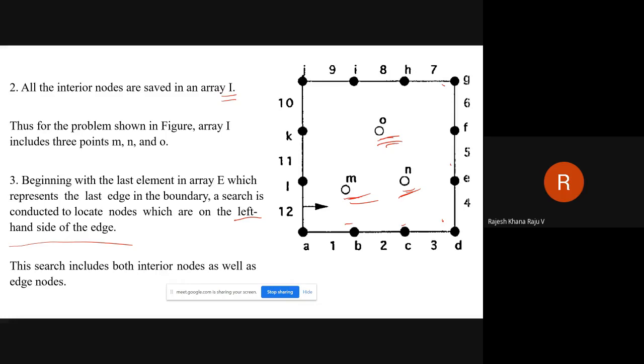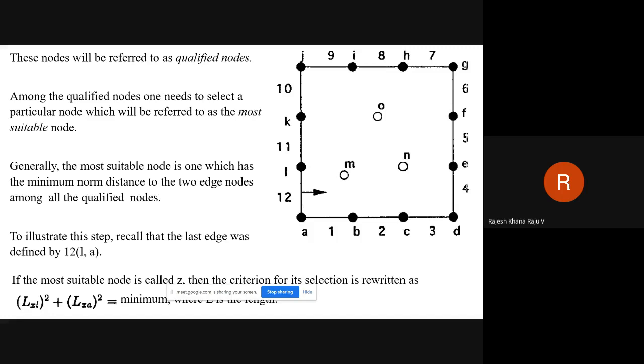So the search will be done over all the boundary nodes except LA as well as all the internal nodes to check which of the nodes are falling to the left of your edge LA. Then whichever fall on the left of your edge LA are known as your qualified nodes.